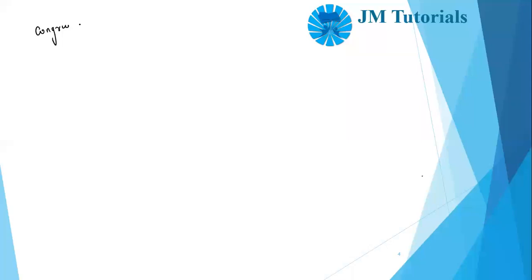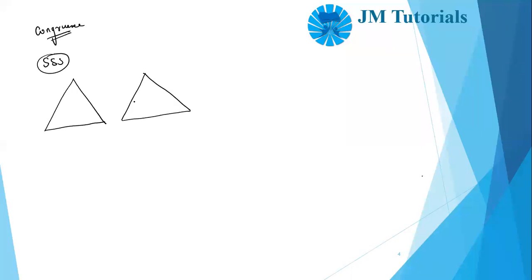Let's go to congruence and look at the first test, that is SSS test. Now, what is SSS test? The SSS test is there in congruence as well as in similarity. So now let's understand the difference between congruence and similarity when we talk about SSS test. Now look at this triangle. I want you to very closely correlate congruence and similarity. It's not that we are doing only similarity this year, so you should know only similarity. You should also know what congruence is, because then it will be easy to differentiate what exactly you need to do.